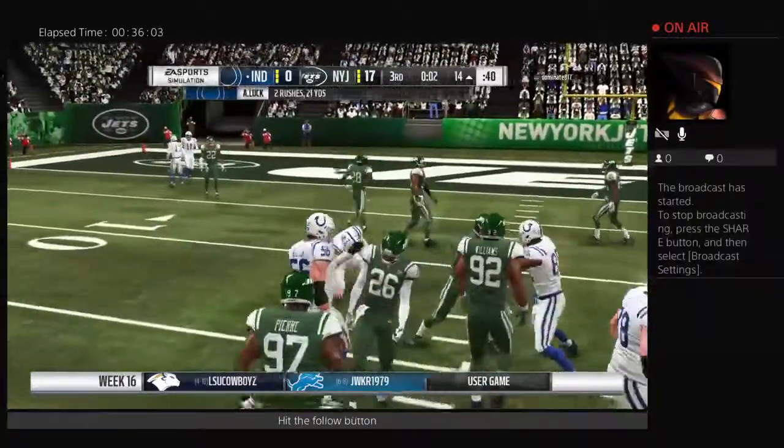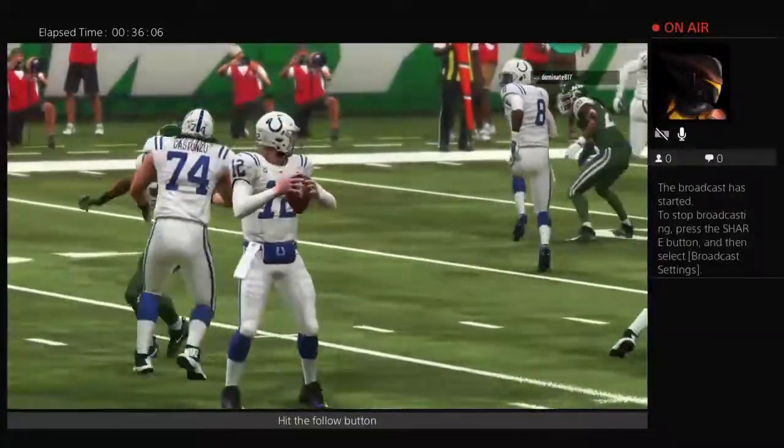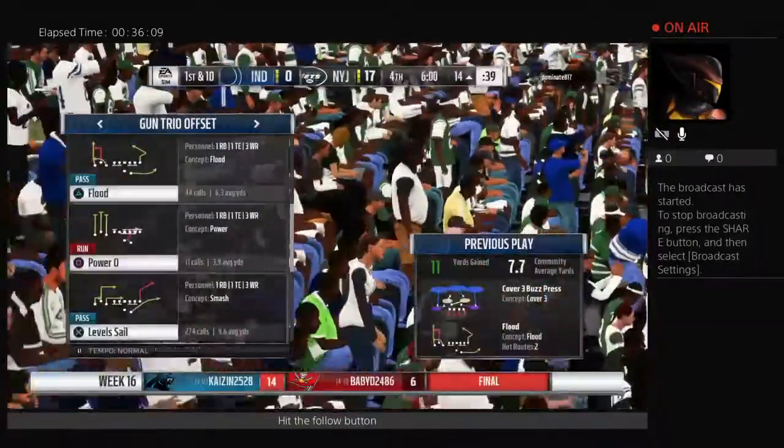And he'll avoid the tackle there with a slide. Luck showing he can be dangerous when he tucks it and runs. He's able to pick up the...